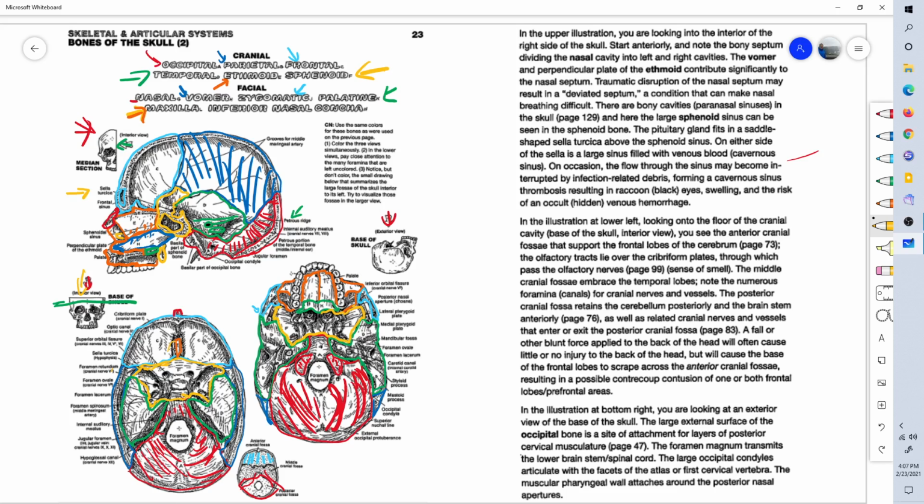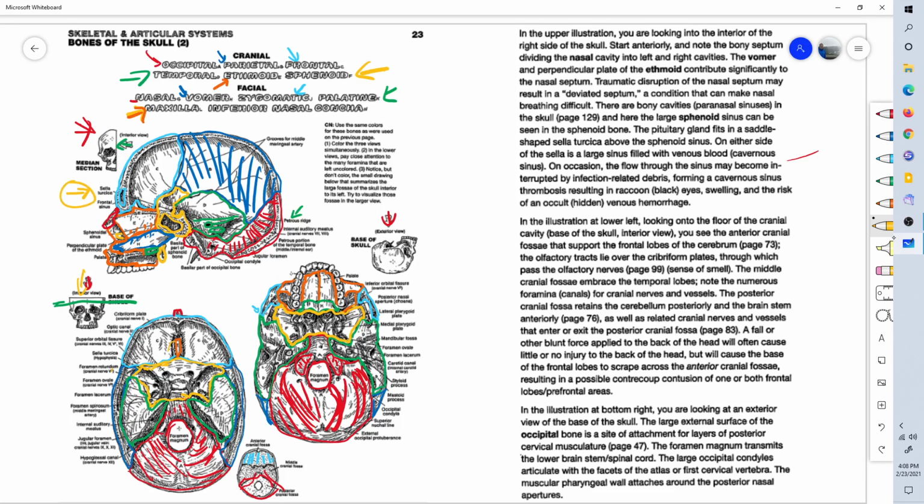Sphenoid has to take the cake for the most oddly shaped bone. It has protrusions. It spreads from one side of the skull to the other and has all kinds of protrusions and wings and holes and gaps and bumps and ridges. Speaking of those, they are very important to know, but let's just go through a brief discussion. We talked about the sella turcica, this little bowl shape here that holds the